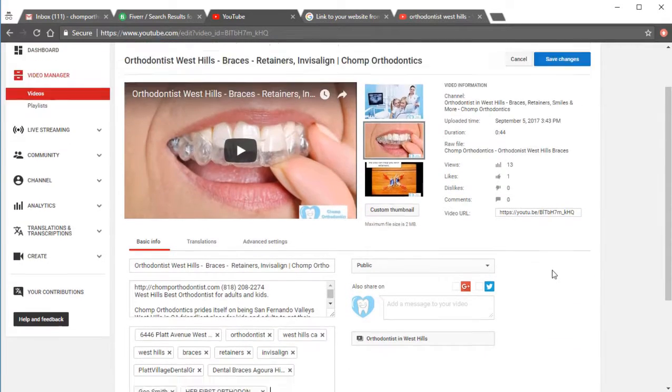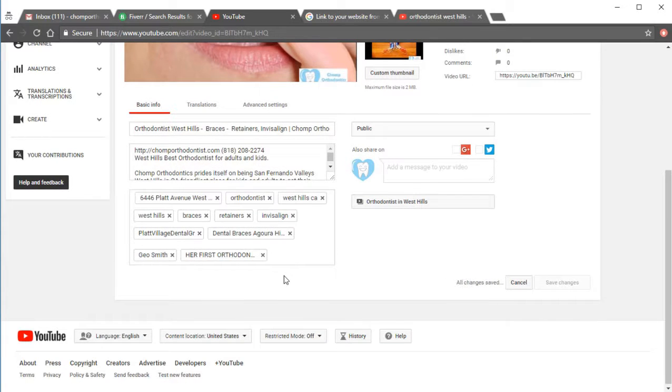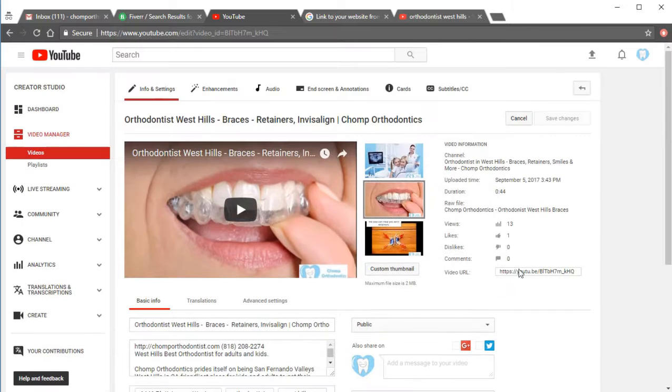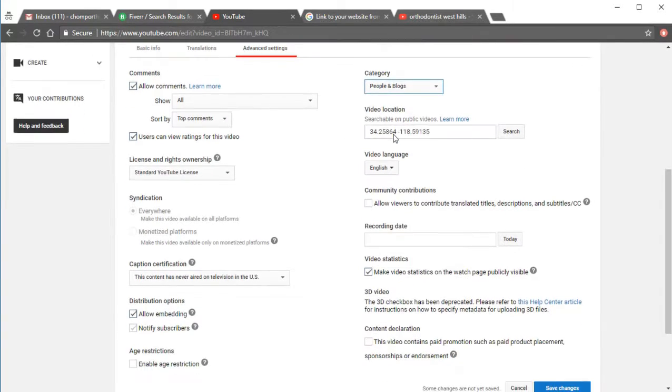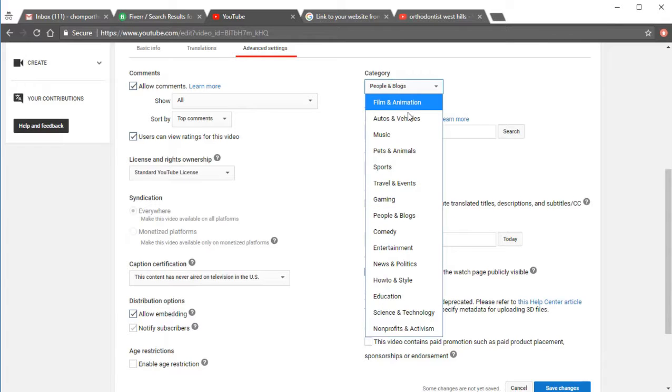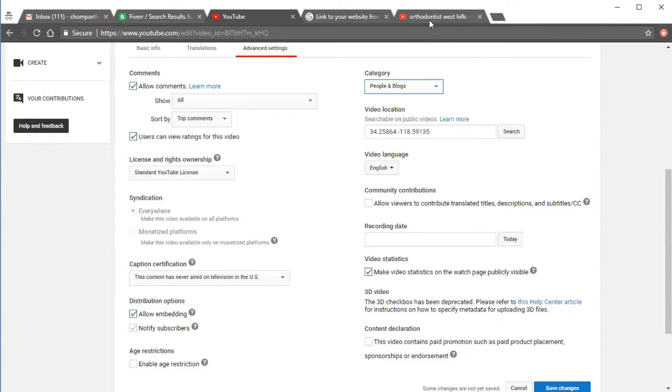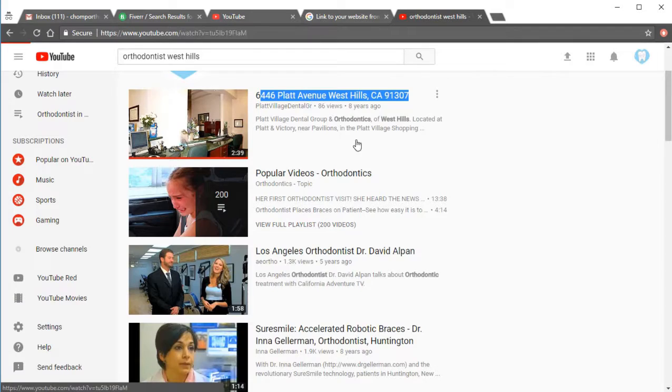Then what we're going to do is save changes. We also do that with the competitor, so we come up in their suggested search as well as potentially a video in the post roll. Now changes are saved. Go to advanced settings. People and blogs, let's see. We want something that's relevant, so one of the things you can do is look at this video